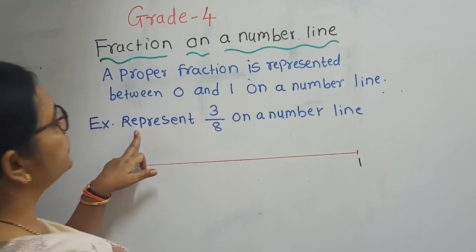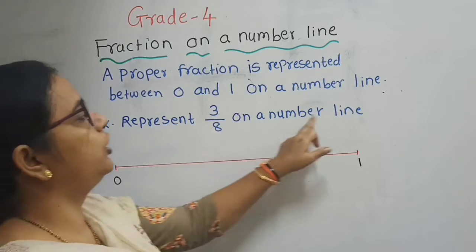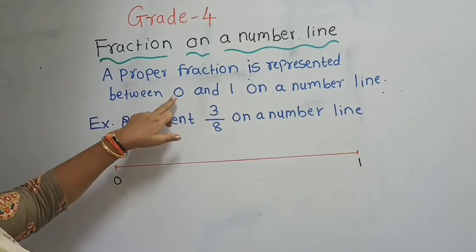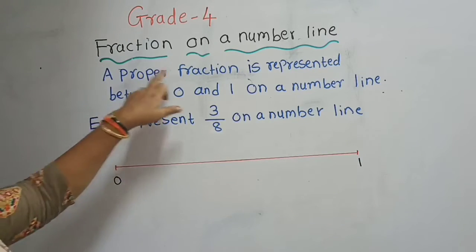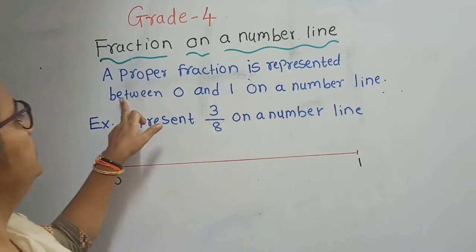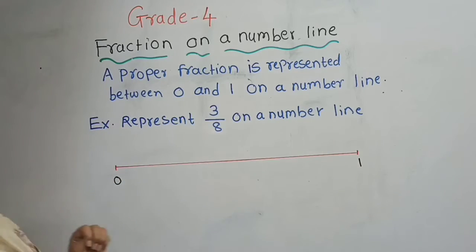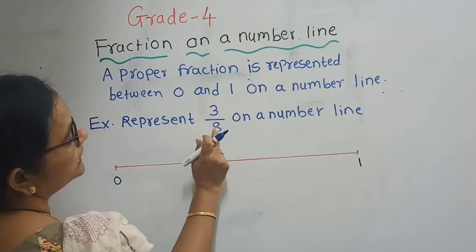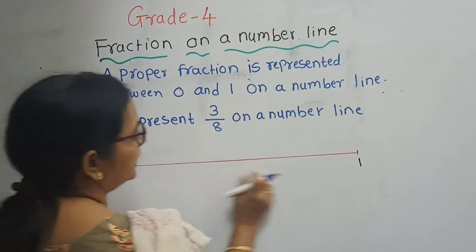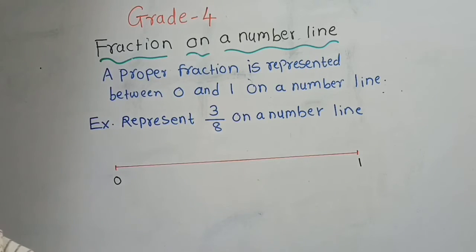Now we have to represent 3/8 on a number line, and we have to show a proper fraction between 0 and 1. Now see here, the denominator is 8, so we have to divide 0 to 1 into 8